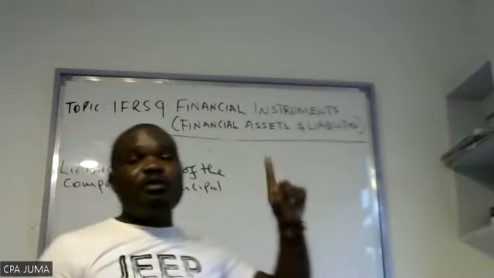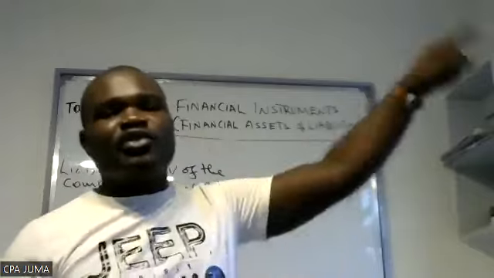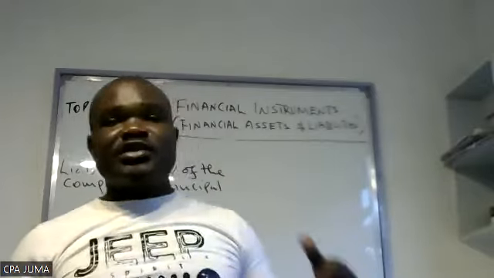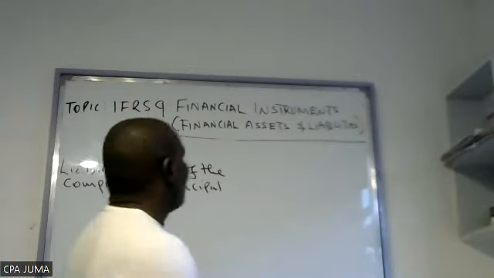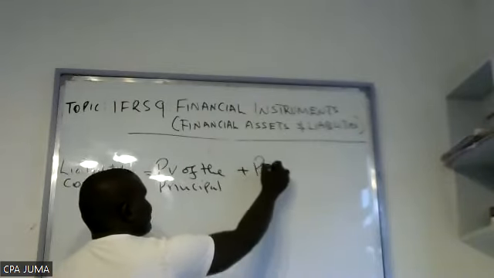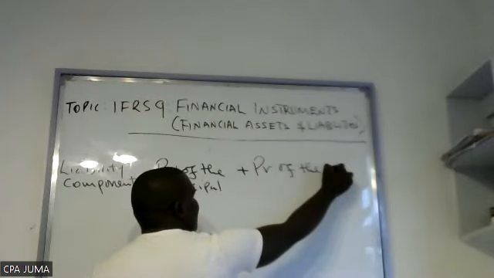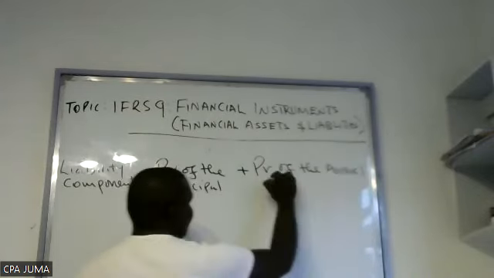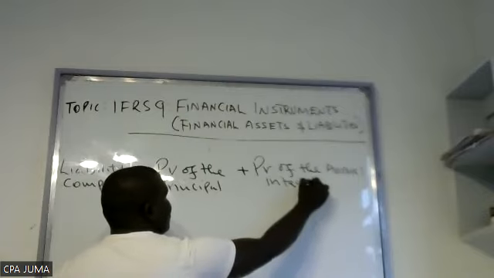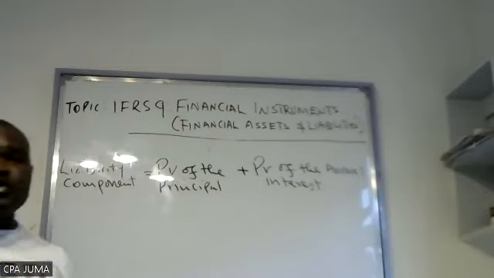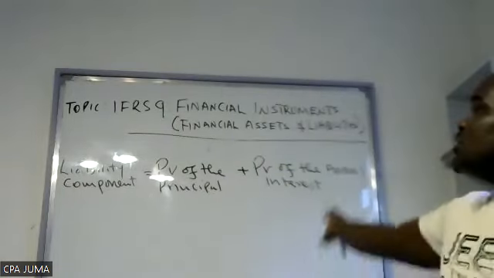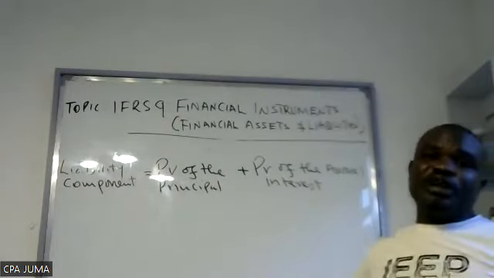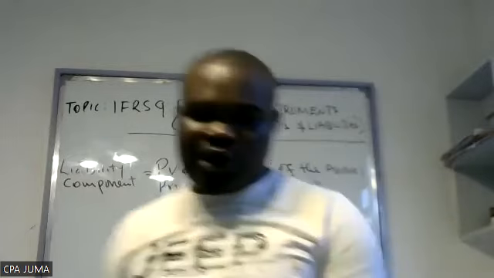Then you also have an obligation to pay the interest. The interest is mostly on an annual basis. So you will also say present value of the annual interest. So when you take the total proceeds, which is not discounted, minus the liability, whatever they are going to pay, the difference is the equity component. So there is an illustration down there.